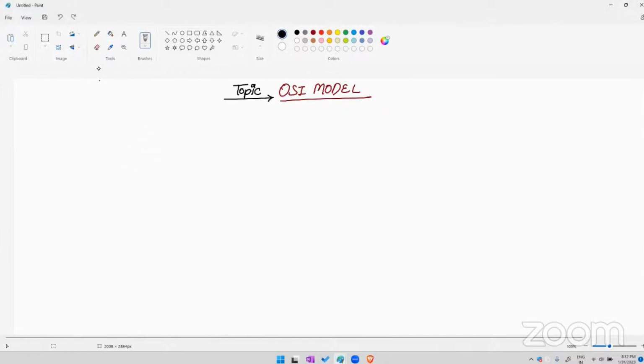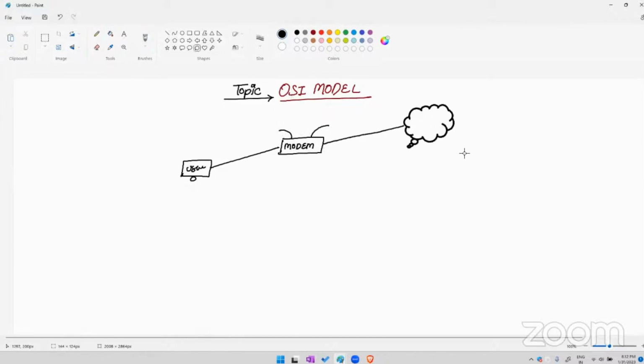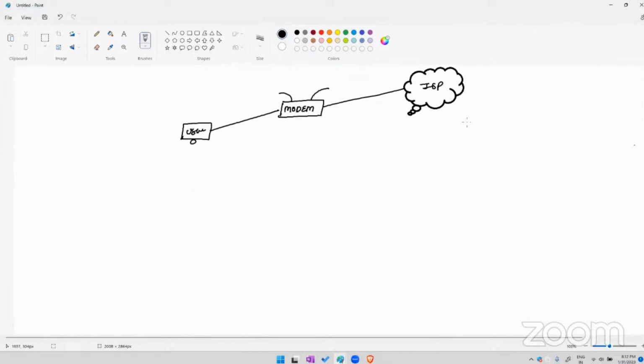Okay, now we need to create the diagram. So again, we are getting the same diagram. This one is the user, and the user is connected with your modem, or the modem is connected with your ISP. Now, this one is the ISP, Internet Service Provider. So in this design, how do we discuss the FTP service and why we use it? First we